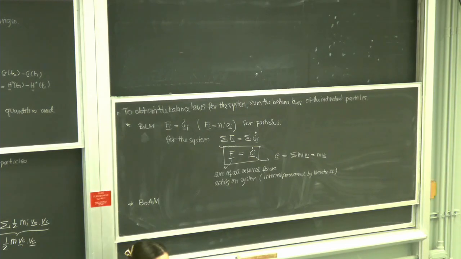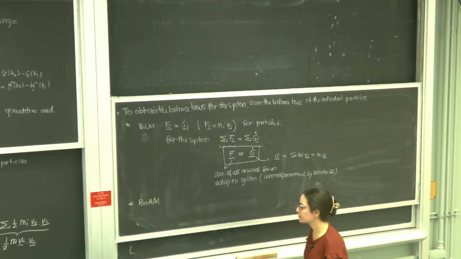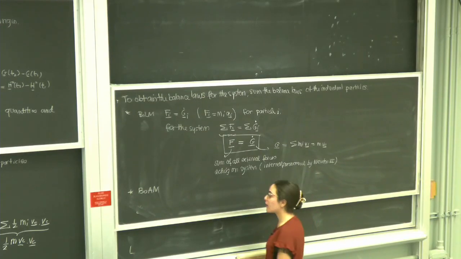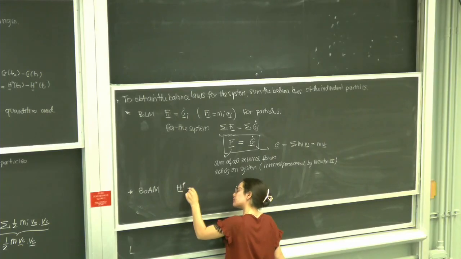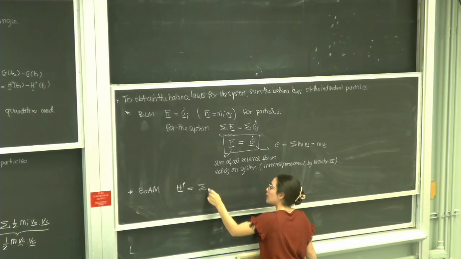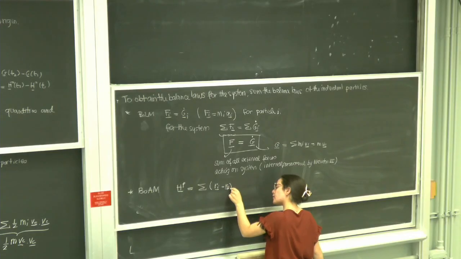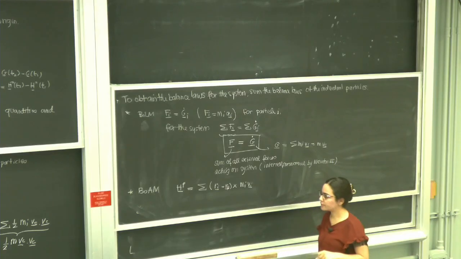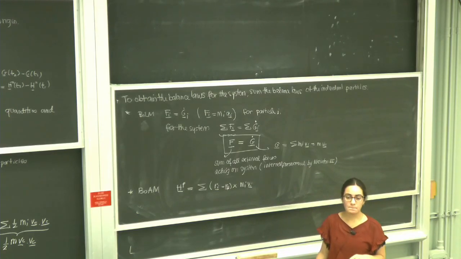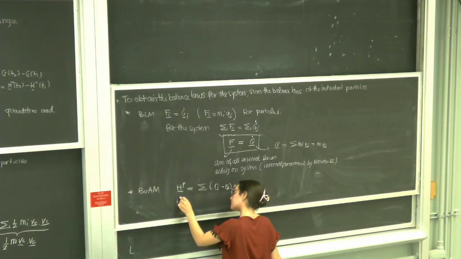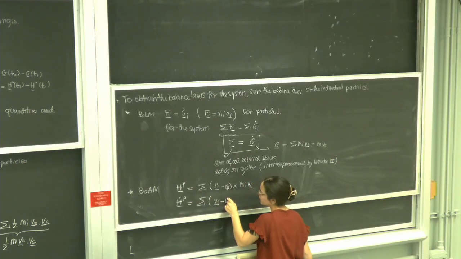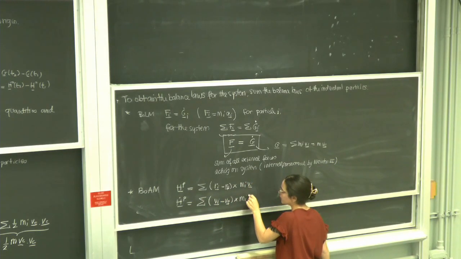Balance of angular momentum. Let's look at our expression for HP. It was equal to the sum of ri minus rP cross mi vi, or G. Okay? Questions? I'm going to take the derivative of this. H dot P is equal to the sum of vi minus vP cross mi vi